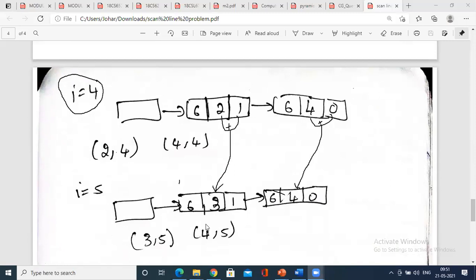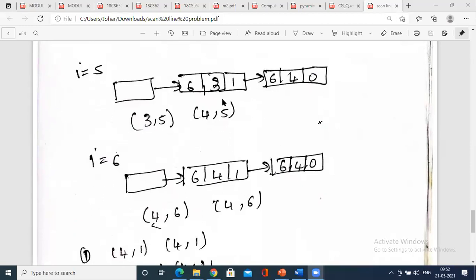Okay, now you have this I equals 5. So how do you eliminate the intercepts? So I equals 5, the same. From here the x value is 3 after adding the slope, and y value equals 4. So draw the line from 3, 5 to 4, 5. Right, similarly you continue for I equals 6. You have to stop where it comes null again. So now you could see here, I equals 6. You have to add the slope. How do you add the slope? Again 3 plus 1 is added, right? It is 4.